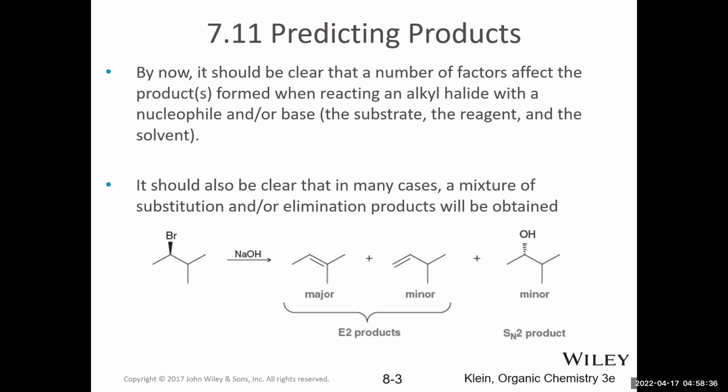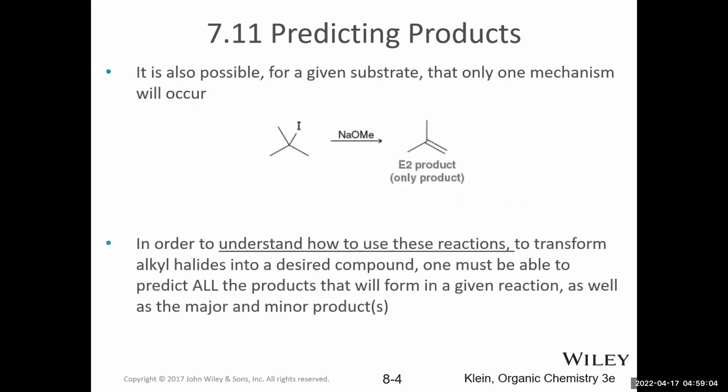And then even when we figure out that elimination products will be formed in greater amount, often we still need to consider other factors, such as regioselectivity and stereoselectivity. Recall that elimination reactions often give Zaitsev versus Hofmann products, and so we would need to figure out which would be major. In the case of sodium hydroxide, it's a small, strong base, so the Zaitsev product is the major elimination product.